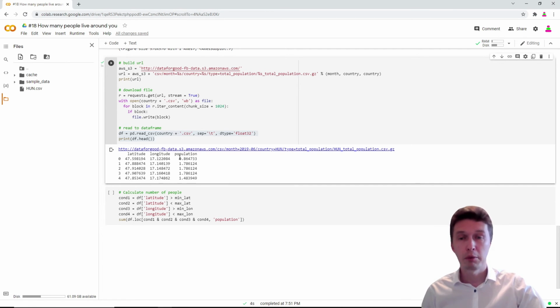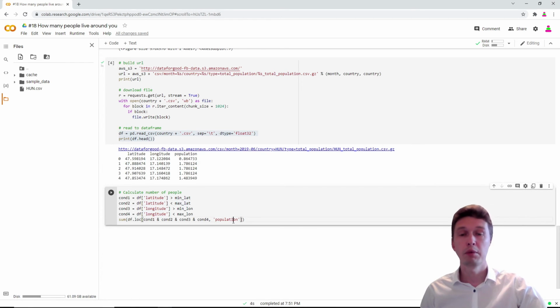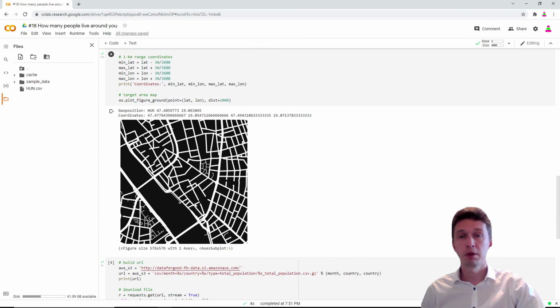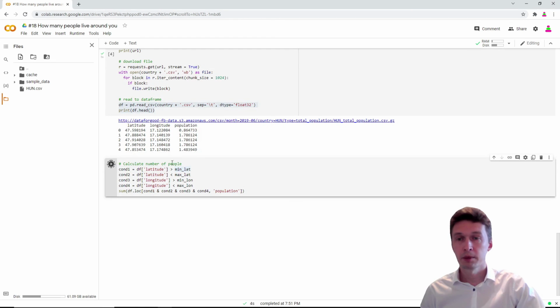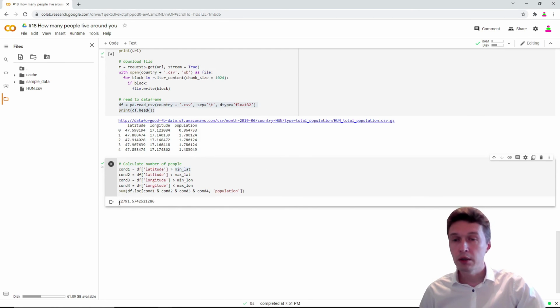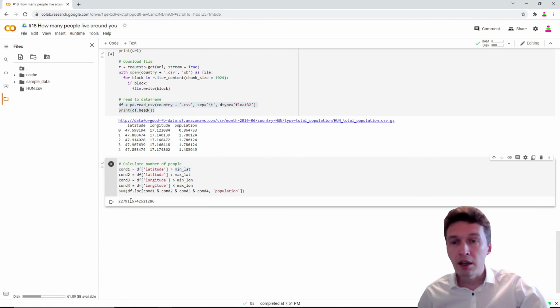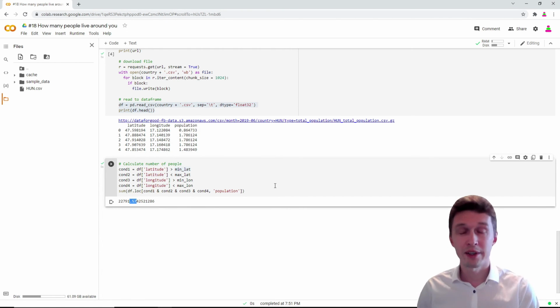So how many people? 1.7 people live in this 30 by 30 meters box, okay? And finally we sum all the people from the population column from all the lines that fall under those 4 conditions. So this is in a 1 kilometer range, all people from all over here. Let's run. You see, 22,791 people live there, and half of someone's body is entering this area.